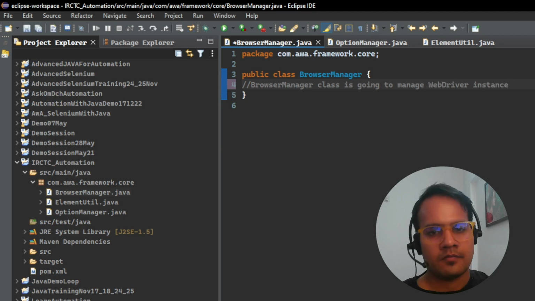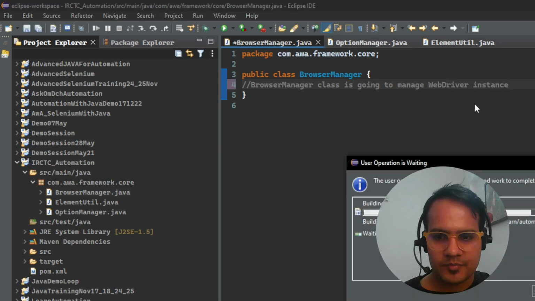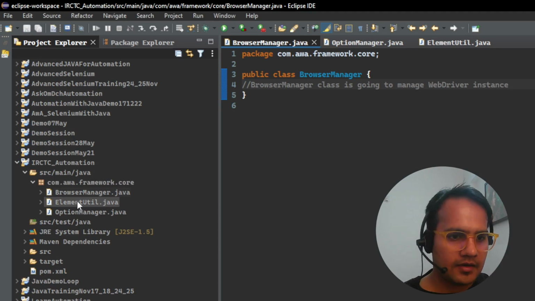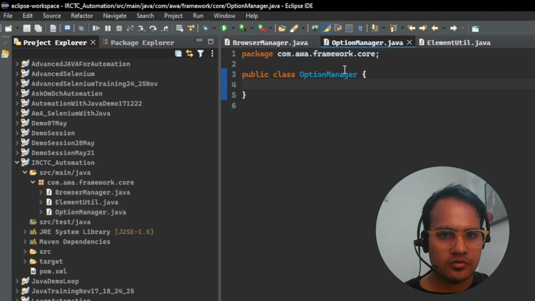Okay, so this particular class is being used to manage the WebDriver instance. Okay, and another one is options manager. So this options manager class is going to be used